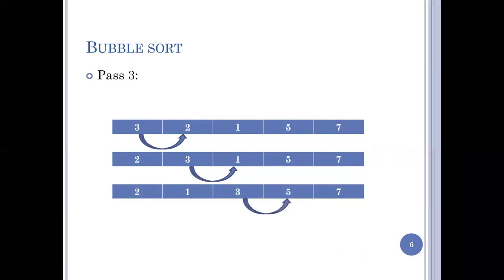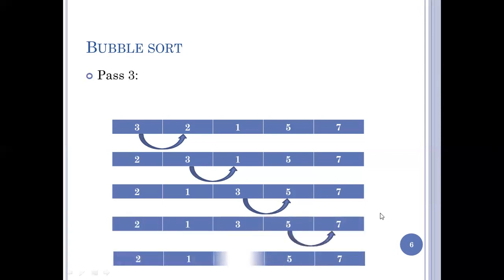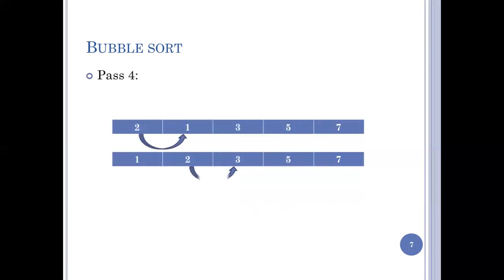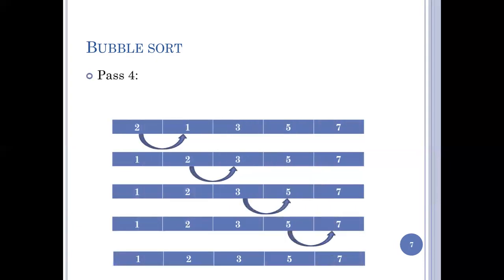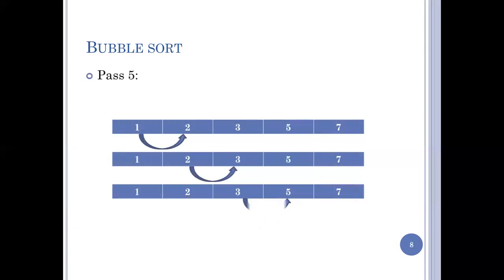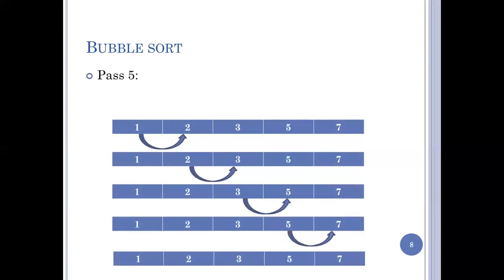And with this we can stop since we already know that 5 and 7 are in position. Okay, so even there is no change in the array. So after the third iteration, the last three elements are in array order. And again, you're going to repeat the same procedure. So this is your bubble sort working order. So after this iteration, no need to do it again since it is already in order.